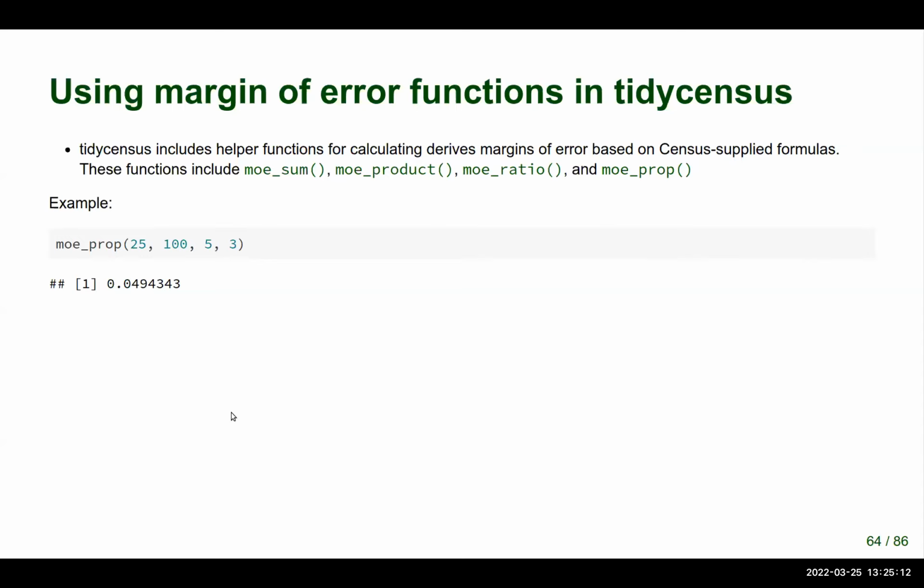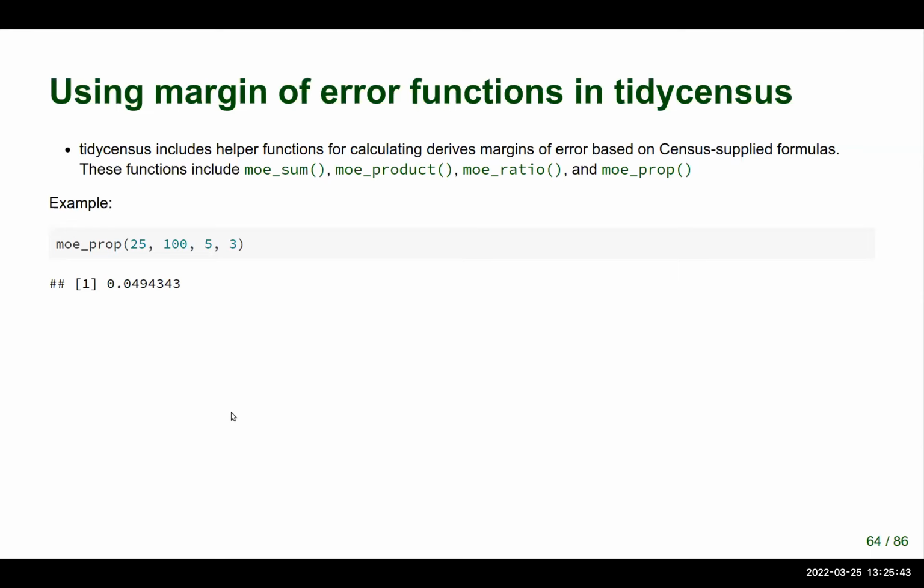What you'll do then is divide a value by a numerator by a denominator to get a percentage or proportion. But how do you handle that with respect to the margin of error? Well, the Census Bureau publishes documentation on how to calculate derived margins of error for sums, products, ratios, and proportions. And what I've done is I've incorporated that into tidycensus with the MOE sum, MOE product, MOE ratio, and MOE